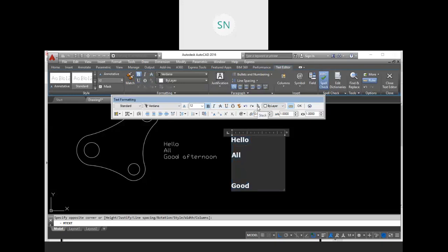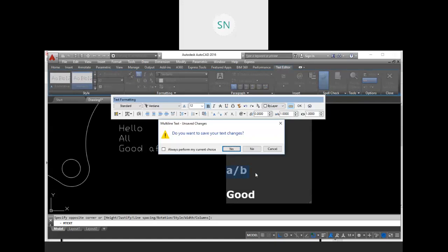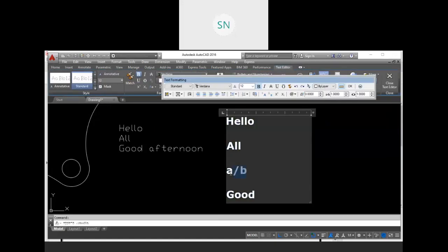Then also we have a stack button. That means, for example, you have written over here A by B. So if you want to place this value in mathematical form, select it and use this stack button, like this, right?